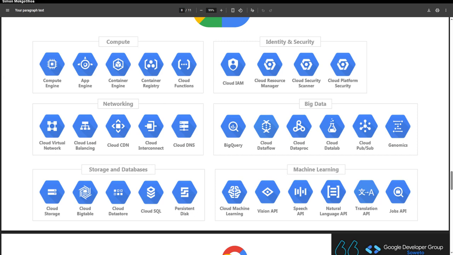Now let's quickly jump on to everyone's favorite buzzword these days, which is AI and machine learning. Now for machine learning, they have very interesting APIs that you can use out of the box. So I just picked two of my favorites that we can look at. We can look at the Translation API. Now, Translation API is essentially a service that provides real-time translation between various languages. Of course, we must still complain that we need more African languages on the platform.